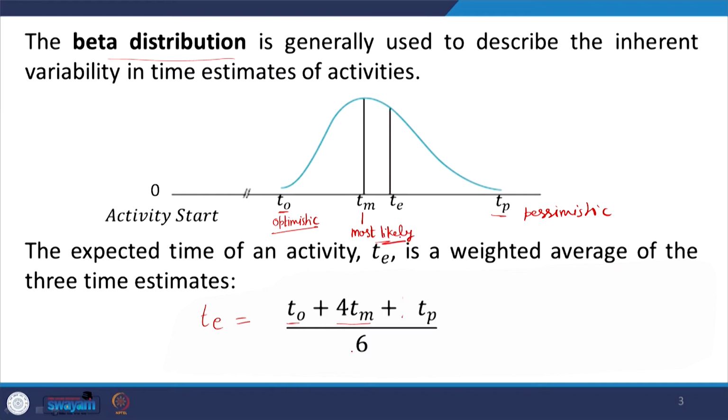Now, here you see that TE, the expected time of completion of this activity, is very close to Tm, but it may be slightly higher than Tm. So, this is the distribution we follow in activity completion time, and based on this we have this formula for determining the value of TE, that is the expected time of completion of this particular activity. And now, once you have 3 time estimations for each activity, based on that how much variation is possible in each activity, that you can also calculate.